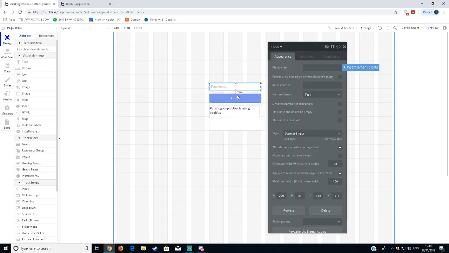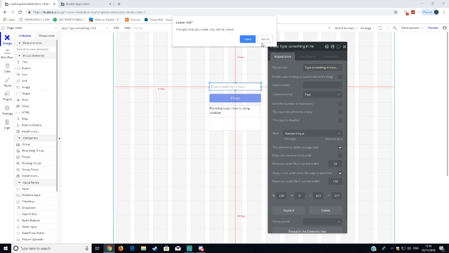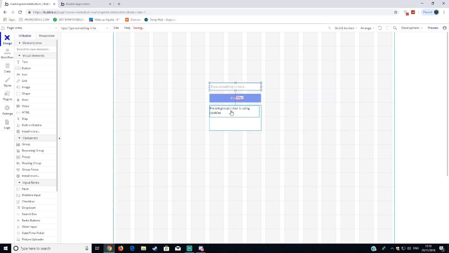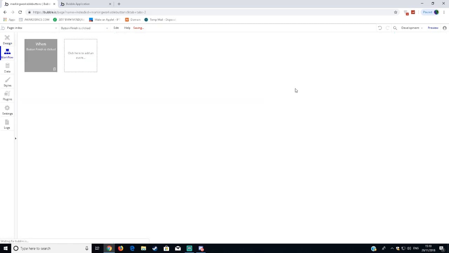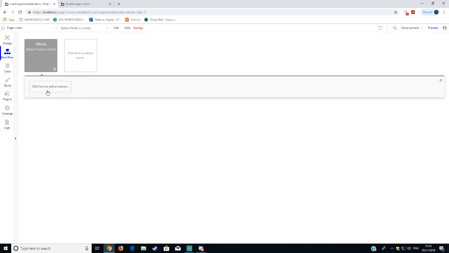So what we're going to do is type something here. Something happened there, don't worry about that. So I'm going to change my little text inside the box to say type something in here, and when they click finish, it will show up here. So what we want to do is double click on finish, go to start edit workflow, click on this little box that says click it to add an action,